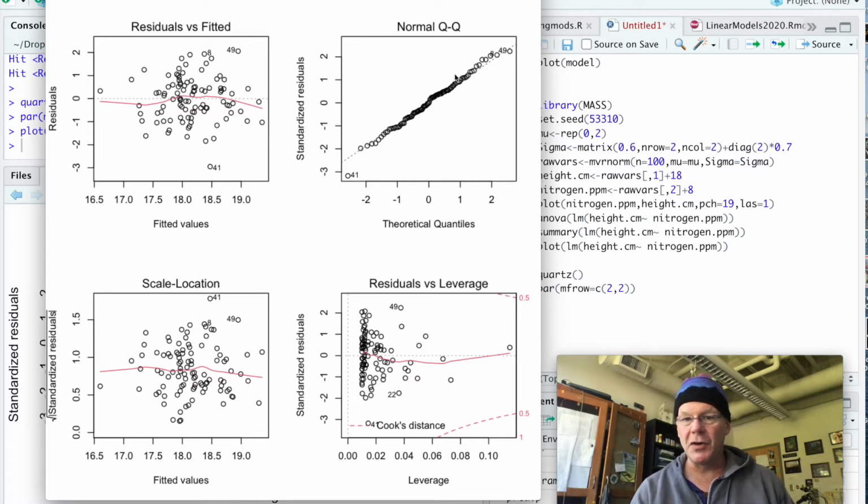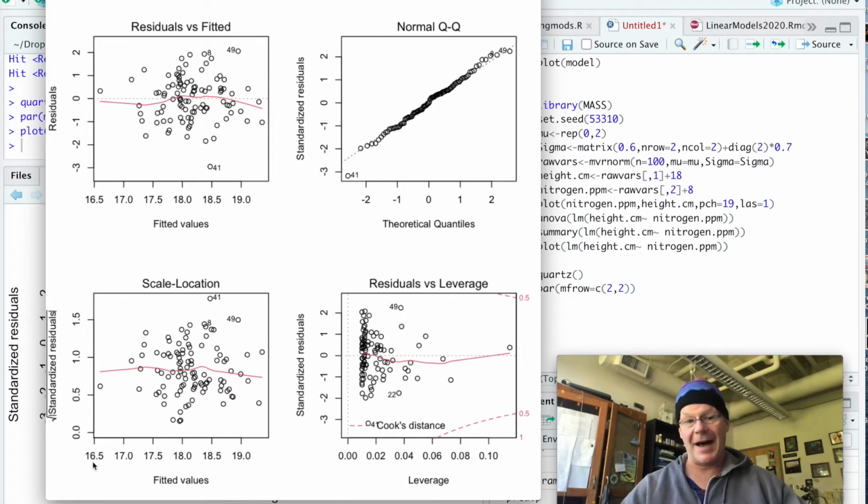We look at the QQ plot. Those points are following that dotted line really nicely. It really looks like our residuals are fitting nicely with the theoretical expectation of them being drawn from a normal distribution. This plot down here on the lower left, again, that's just a different way to show this plot, except